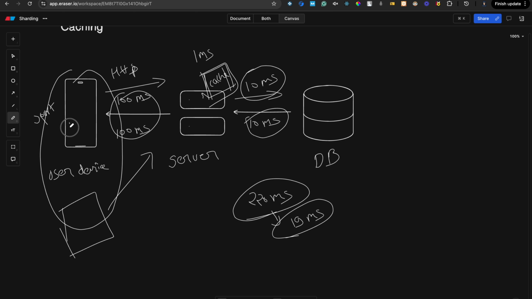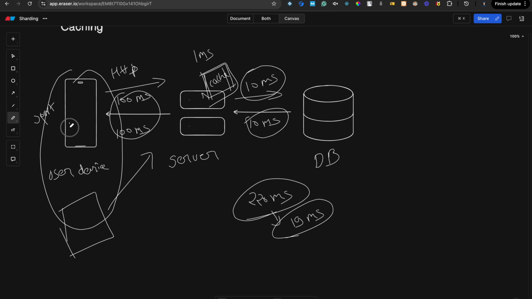There are many types, but the most famous are LRU, least recently used, and LFU, least frequently used. You can also implement your own policy. You just need to implement the logic on what data should be stored and what data should be evicted when the storage gets full or exceeded.